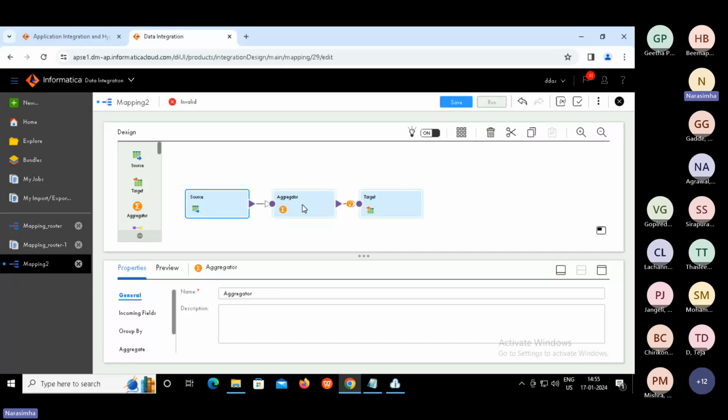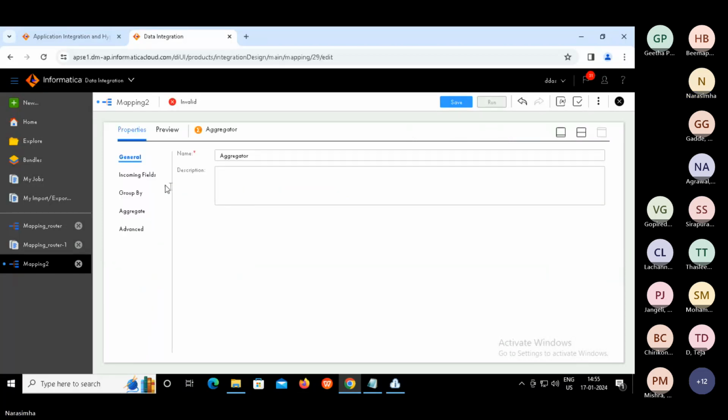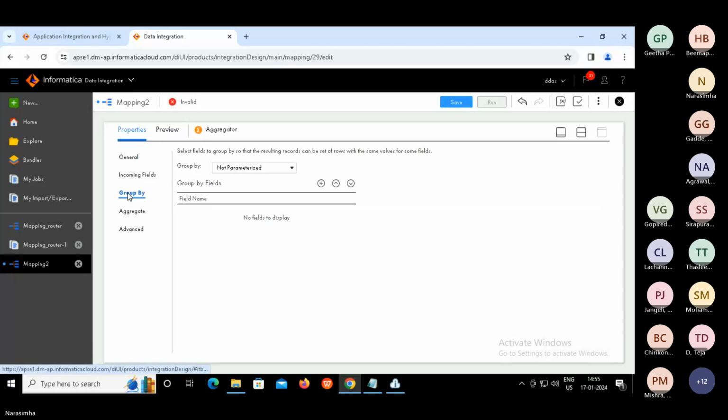Now go to aggregator. Here we need to configure, guys. First thing is what? Group by.